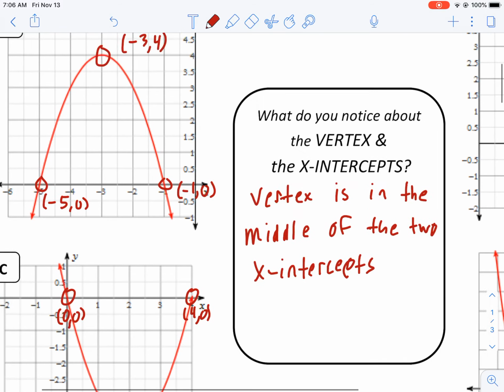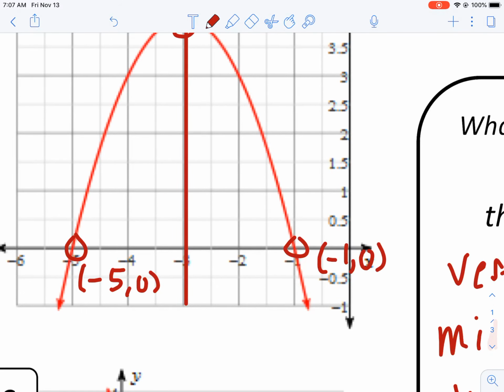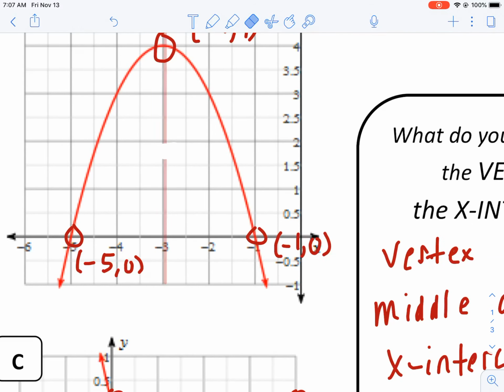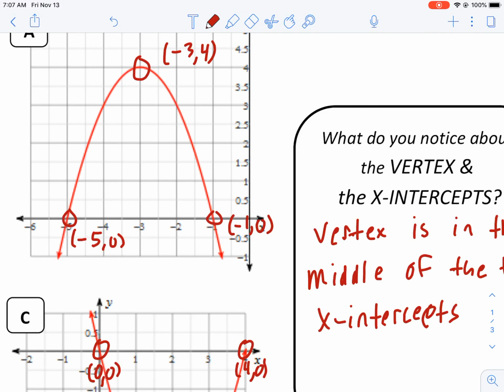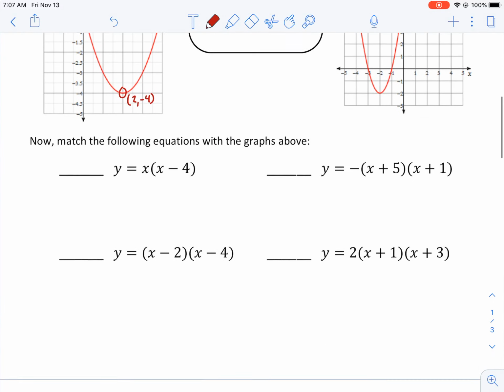That should be expected because we know the vertex is where the axis of symmetry is, and we know everything is symmetric on both sides of the axis of symmetry. It's mirrored. So the x-intercepts are the same distance apart from the axis of symmetry. Therefore, the axis of symmetry and the vertex should be splitting the x-intercepts right down the middle. And that's helpful for us